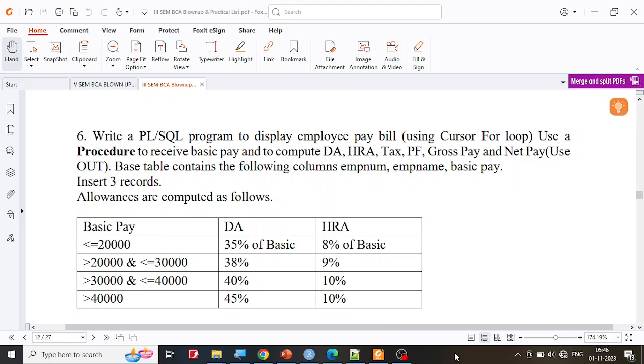Let us solve exercise number 6 in part B of the DBMS lab. In this exercise, we are supposed to write a PL/SQL program to display the employee pay bill, and we are supposed to use a cursor and a for loop. Also, we are supposed to create a procedure that will receive the basic pay and will compute DA, HRA, gross